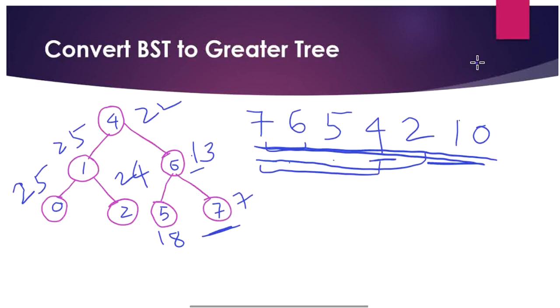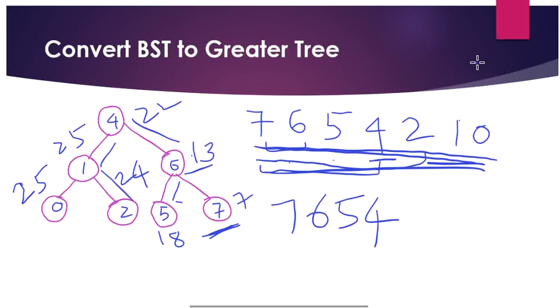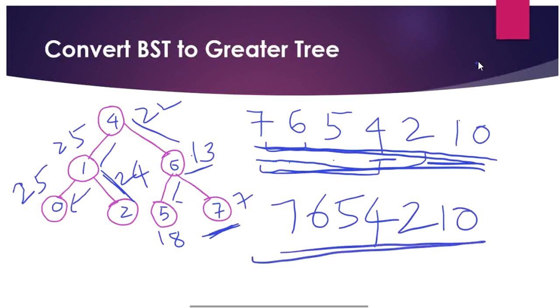So consider if you are doing a reverse in order traversal, that is visiting the right node first, middle node next and left node next, you will get this order. That is 7 is the rightmost node and moving on to 6, and then the left is 5, then moving on to the middle node 4, moving on to the left node and then right node 2, again going back to the middle node 1, and finally we are traversing 0. So this is the reverse order of this tree. So we are simply going to do a reverse in order using a stack and finally calculate the sum and update the node values with the newly calculated value.